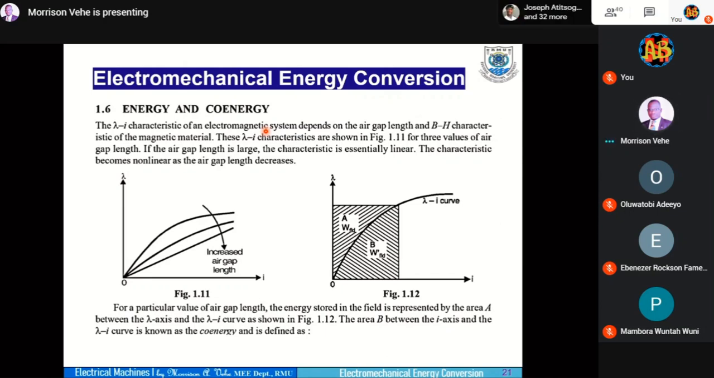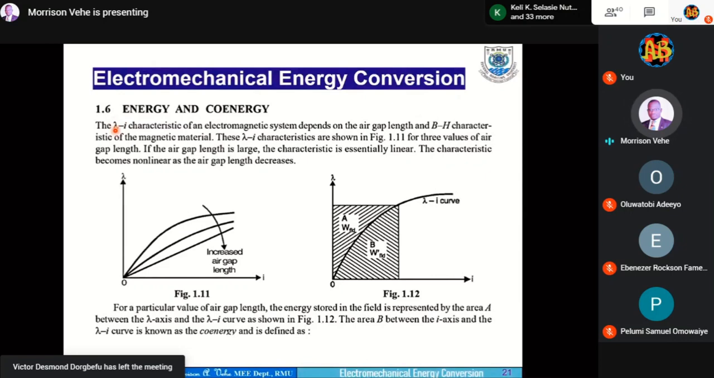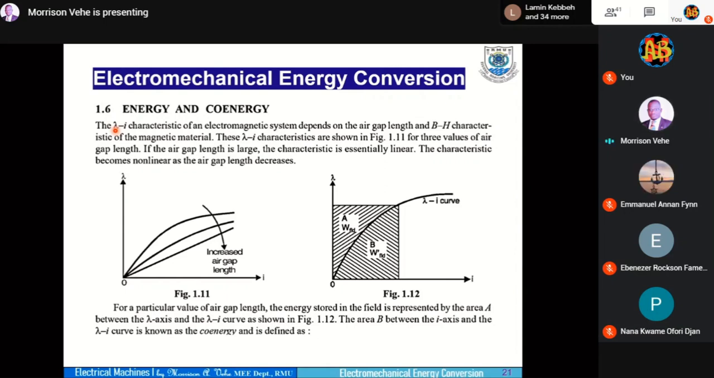Okay, so the lambda-I characteristics of an electromagnetic system depend on the air gap and the characteristics of the magnetic material. That is an important statement. The lambda is actually associated with the flux, the flux linkage, which relates to current, because the flow of current in the magnetic circuit actually brings about the production of flux,